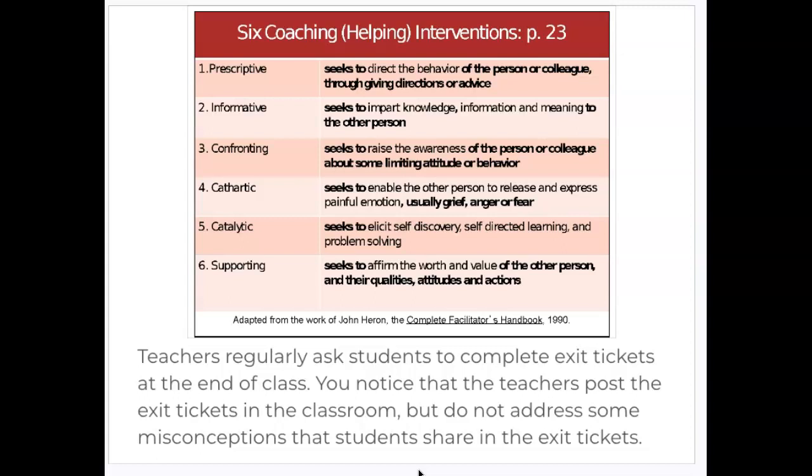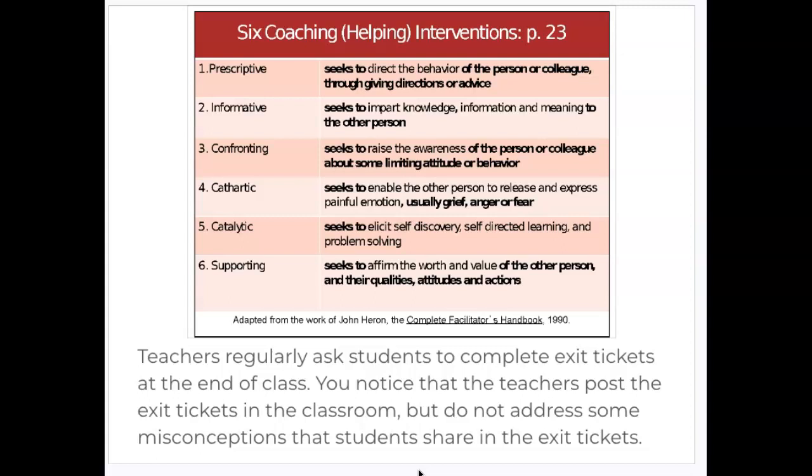So they're basically having students do exit tickets but not really using them to understand where students are, or to support students in maybe undoing some misconceptions, right? So take a couple minutes, think about which coaching intervention you would use,